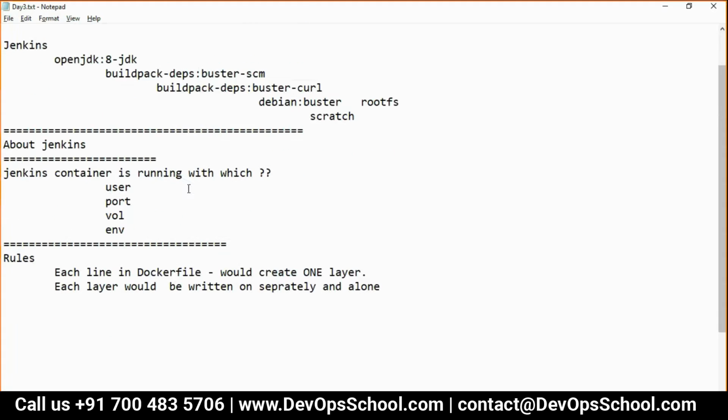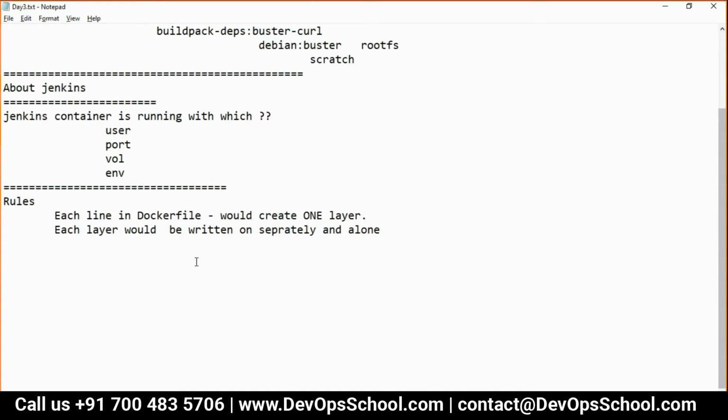With that, I'm writing a Dockerfile. So guys, look at my screen here. My Dockerfile: what is your base image? It can be anything; for me, it's Ubuntu. Who are you? Maintainer.